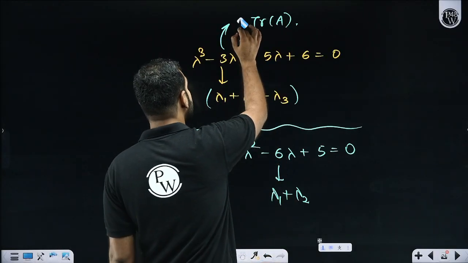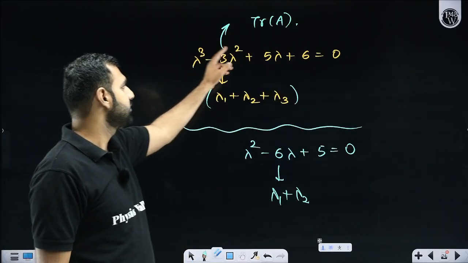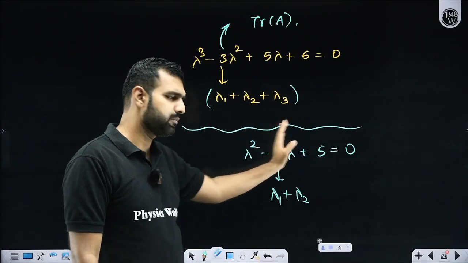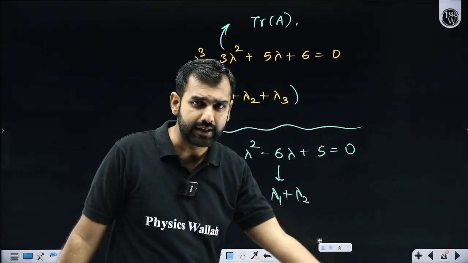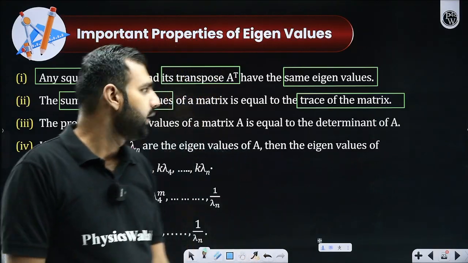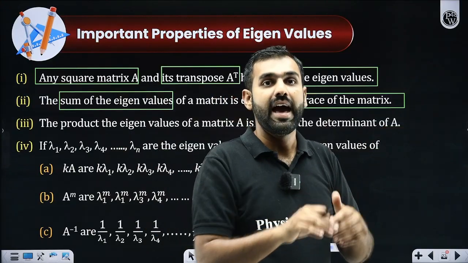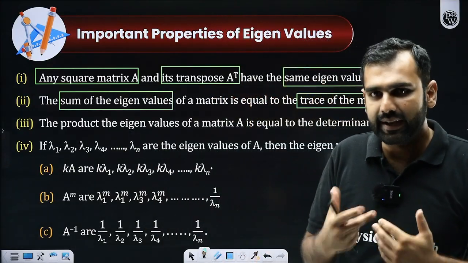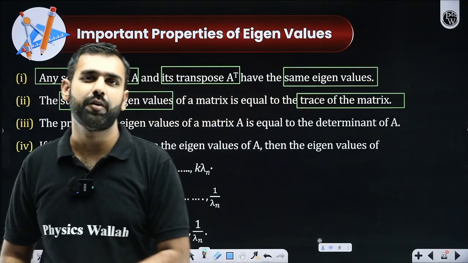Tell me honestly. Or is it getting confusing? Tell me honestly. Plus minus will keep coming. Alternatively, that's a different case, which we'll discuss as a short technique. But have you all been able to digest this simple statement that for any matrix, if you see its matrix polynomial and you solve that, you will get eigenvalues, and the sum of those eigenvalues will always be equal to the trace of that matrix.